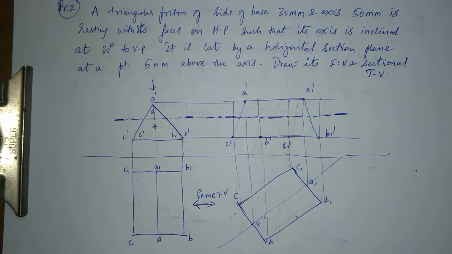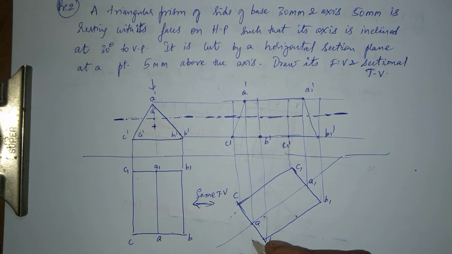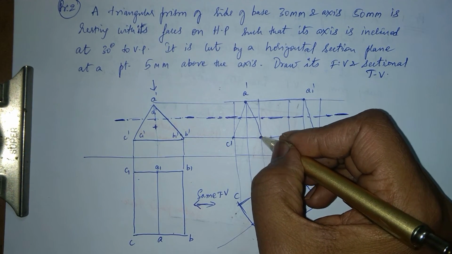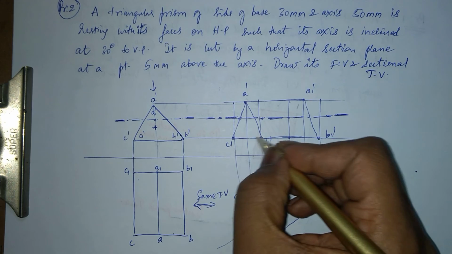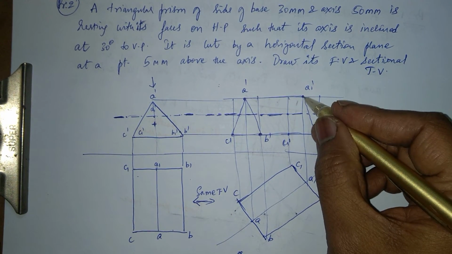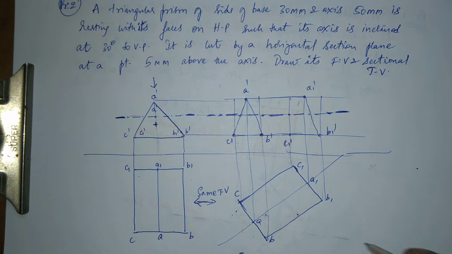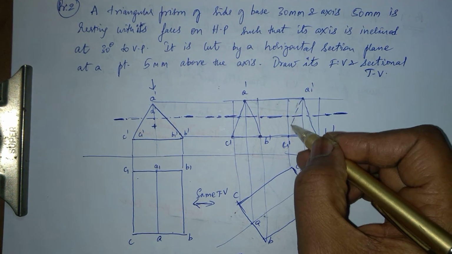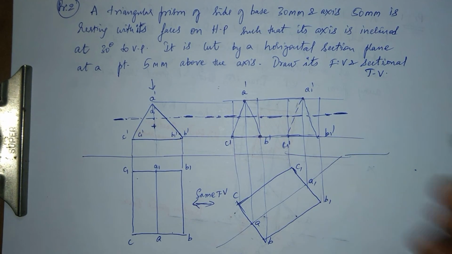Okay. Now, since I'm seeing from here, I can see this whole face. This whole face can be drawn darkly. This is a dark line. This is a dark line. Then here, A1, B1 is up front, so this is a solid line. But the rest of it I can't see, so this is a dotted line. Okay, this is already there.